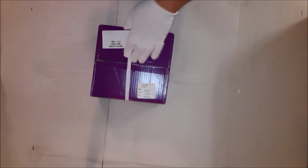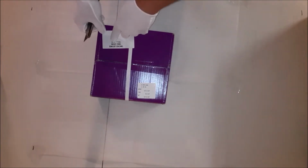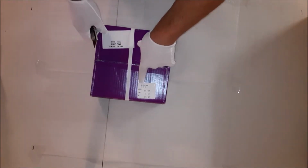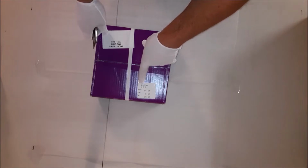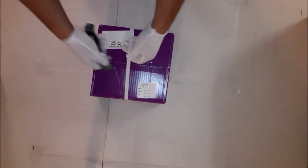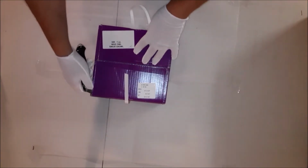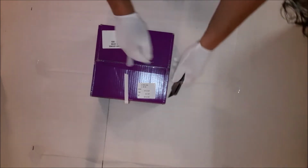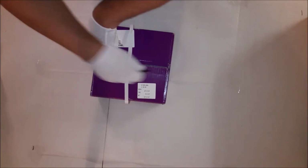Okay, so this is how the owls come from the mint. This is a box of 500 Niue owls. There's actually a date stamp. You probably can't see it in the video, but it's April 27, 2020. It doesn't get any fresher than that. All right, so they always come banded like this for security. As we open the box up, carefully,